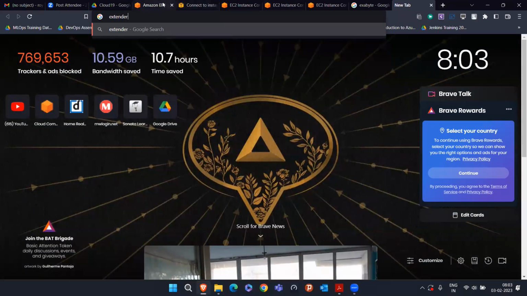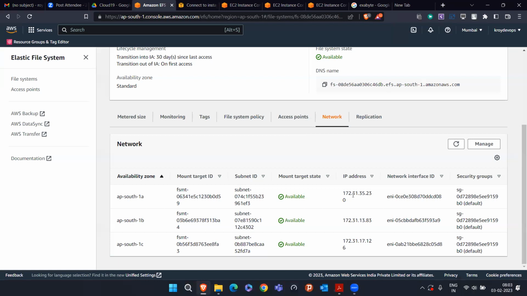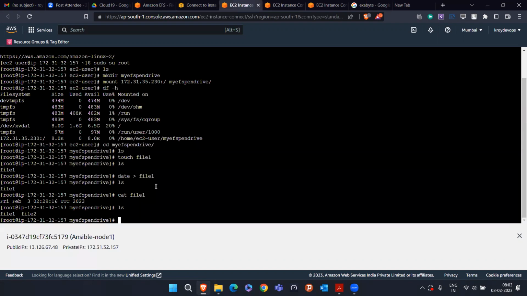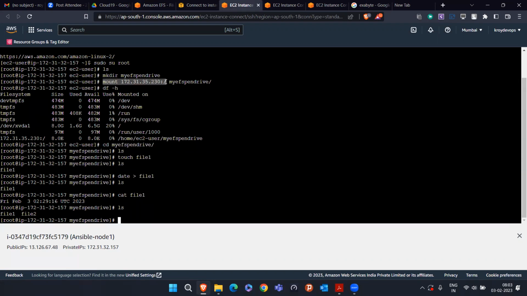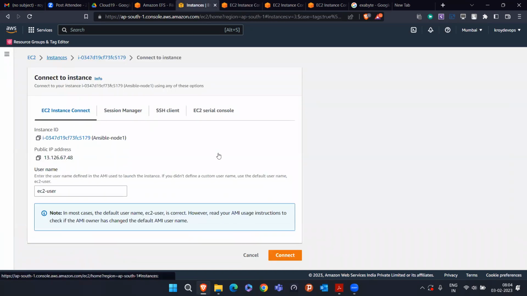Okay, before that let me show you the extender. What is the confusion here? So you are saying that only one IP address is here, right? That is your confusion. Yes, actually whenever we give the mount command, you give only that one IP address. Okay, so you are saying I use this mount with only one IP, right? Yes. Okay, so see, currently this machine is which one? Ansible node 1, right? So if I come here in the instance section, where this Ansible node 1 is running,